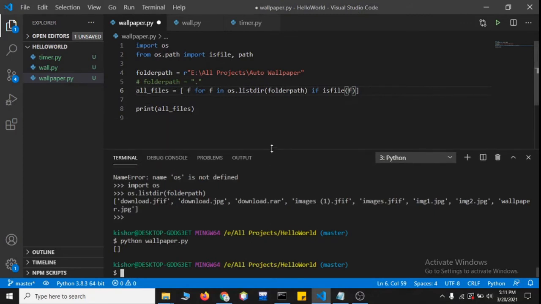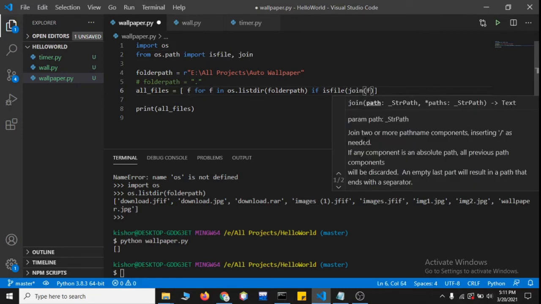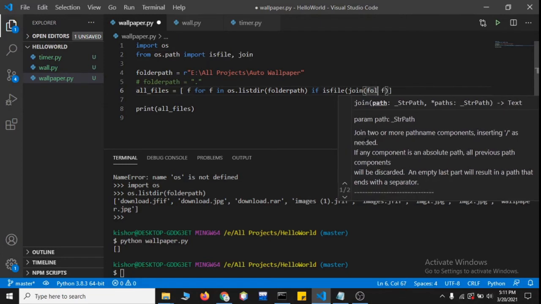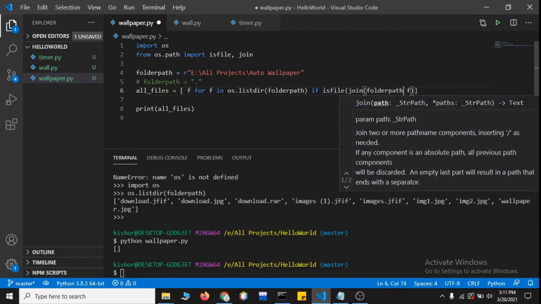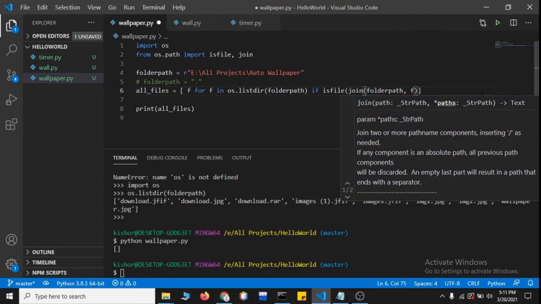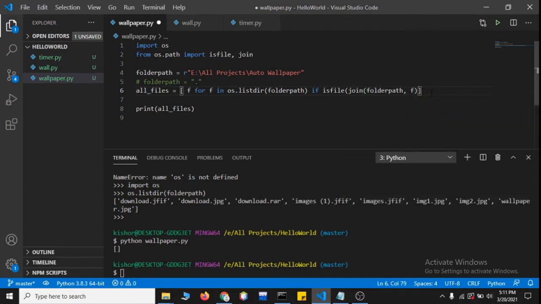So yeah, we have to join the paths. Then the file path is os.path.join, and the path is folder path, comma f. Okay, and now yeah, this will give the correct directory.